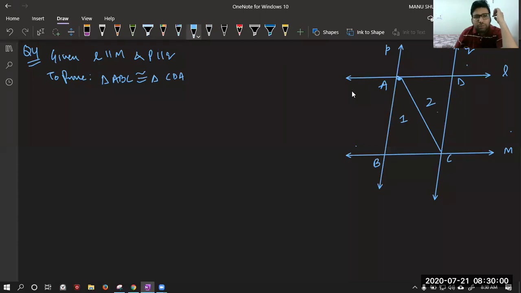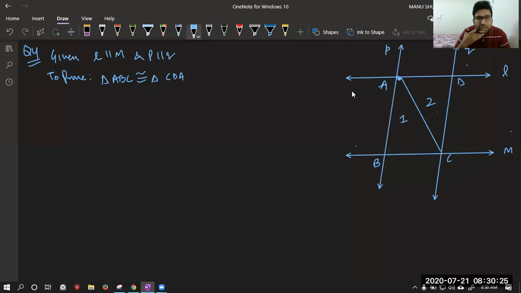Moksh, if you want to prove it a parallelogram, you can say as L and M are parallel, therefore AD is parallel to BC. First thing, as P and Q are parallel, therefore AB is parallel to CD. Hence, this is a parallelogram. Very easy, you can try by that.